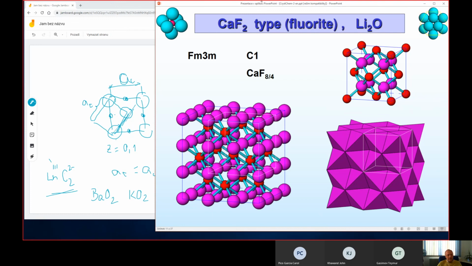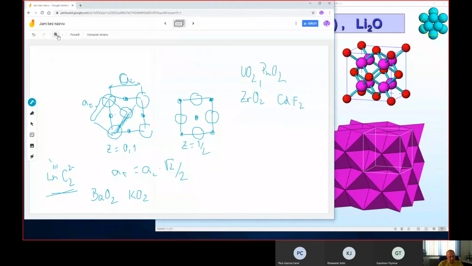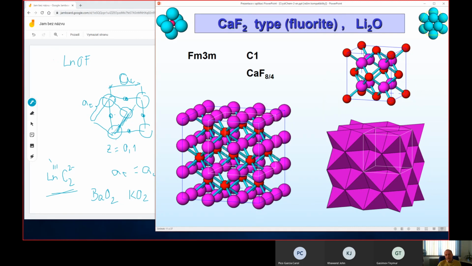Also, the lanthanum oxide fluorides or oxide halides like LnOF, lanthanum or other lanthanides. Ln stands for a general lanthanide. Oxide fluorides have this structure like fluorite, but in this case these atoms are oxide and fluoride and they are ordered. So we have 2 oxides and 2 fluorides and 2 fluorides and 2 oxides. Okay,